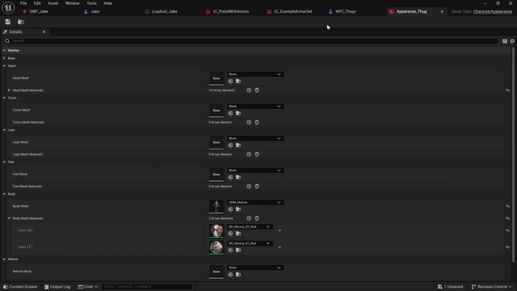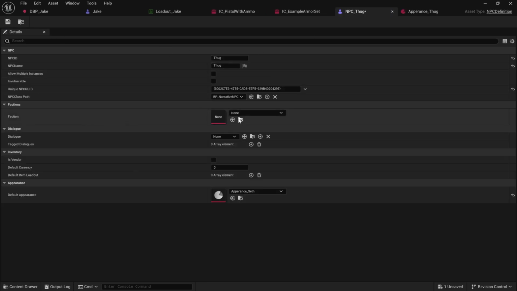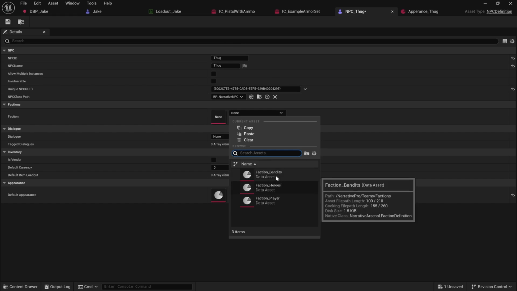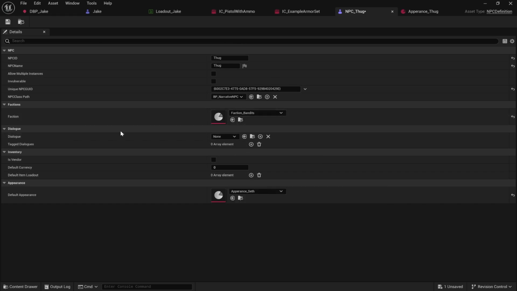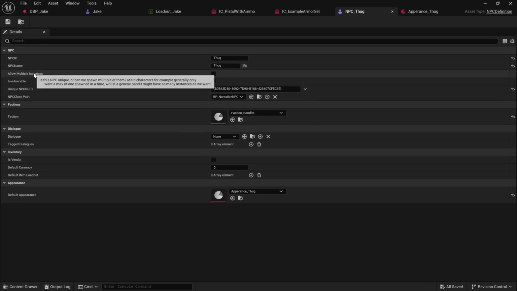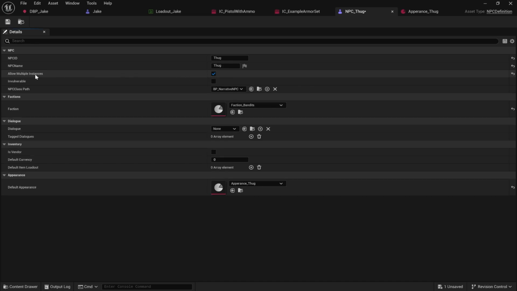We'll save. For the Thugs faction, we're going to assign them to that Bandits faction that comes with narrative. So back in the Thug here, we're going to change it to Appearance Thug. Make sure to give it a unique GUID. And with the Thug, I want to check this box that says Allow Multiple Instances, because there should be lots